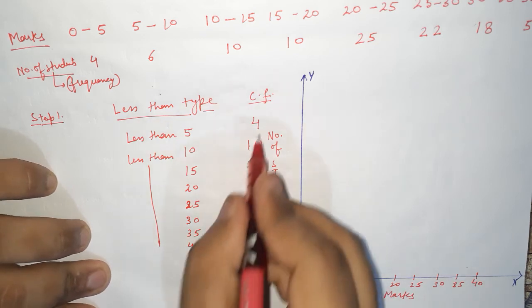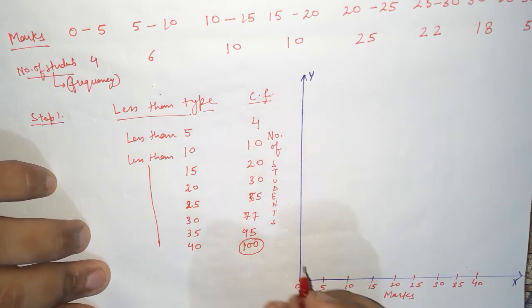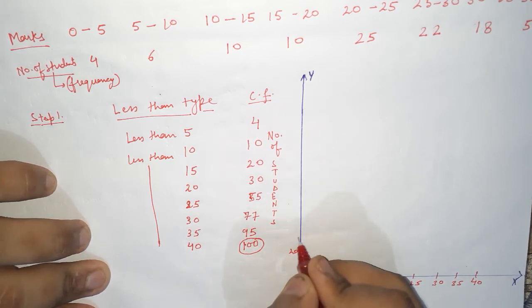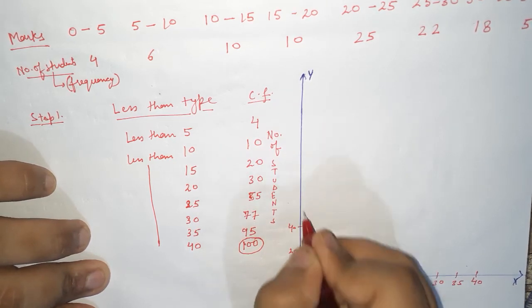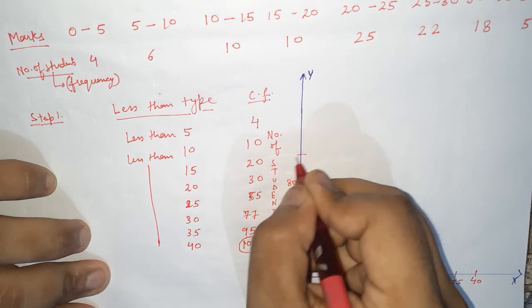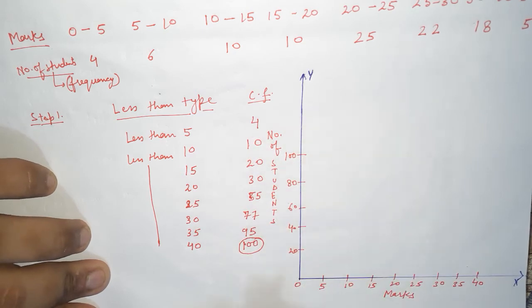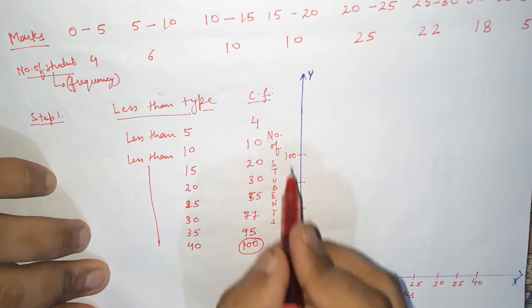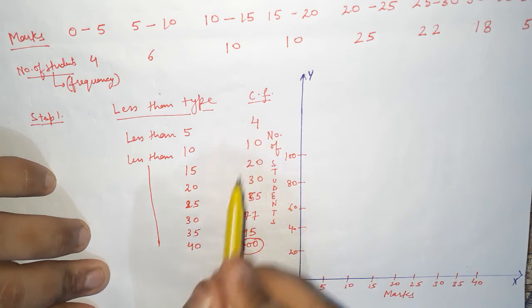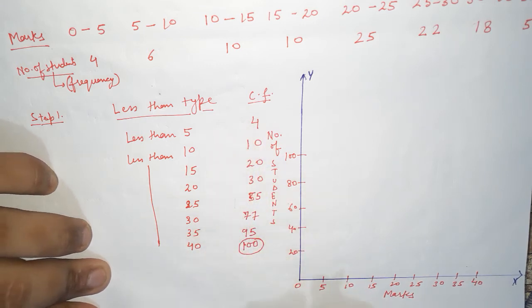Now number of students, cumulative frequencies we will convert into a series form. So it will be 0, then we'll take 20, after 20 it will be 40, 60, 80 and 100. So as you can see, we have taken the number of students, the cumulative frequency on this y-axis and marks on x-axis. Just we have done, we have converted this series into a particular form. Now let us start the plotting.